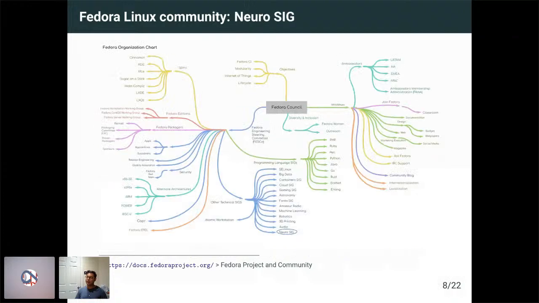To give you a little idea of how vast the Fedora Linux community is, this is now a slightly out-of-date community organization chart. And if you can see my mouse, you can see that there's a council in the middle, which makes executive decisions. But at the same time, you can see all of these arms going away from the council. So you have people that focus on different programming languages over here. So you have everything from PHP to Erlang, which I haven't ever used in my life. But you also have people that work on software security, right? So there are people who will look at, for example, security issues in software and report these and submit patches